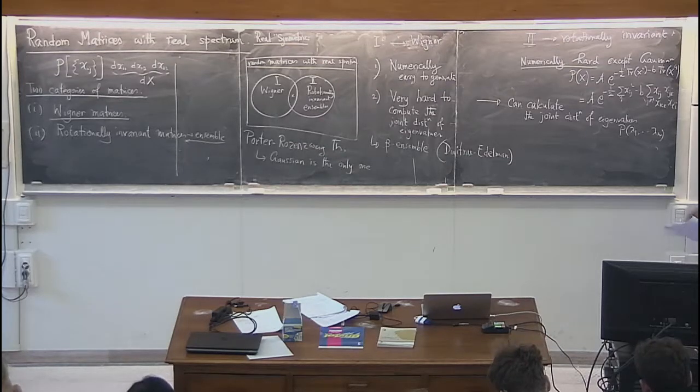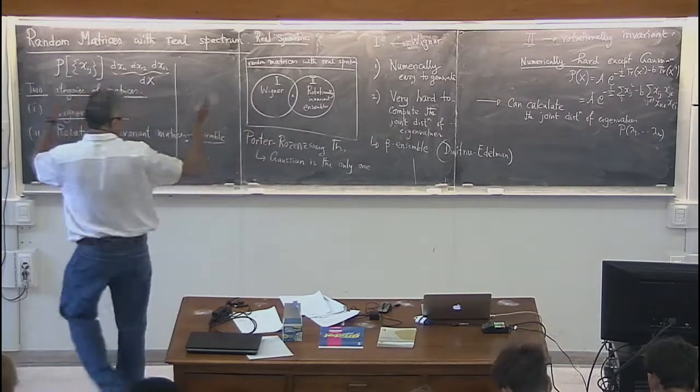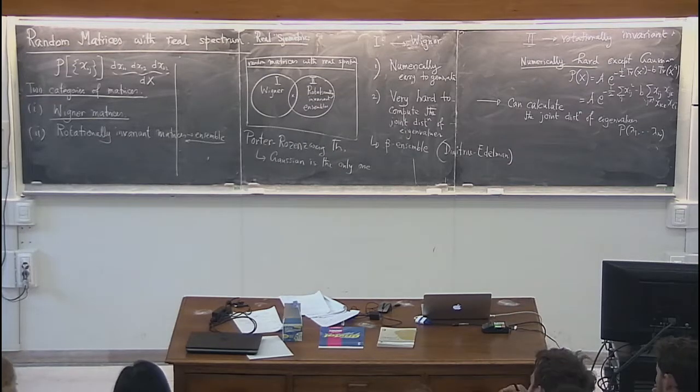And so, just to summarize what we have done today: in the first half, I gave an introduction to RMT, and I told you that it originally appeared in the statistics literature, and then how Wigner used it in nuclear physics, and why it is still important, and why there are so many applications. I talked about quantum chaos. I talked briefly about the zeta function, but you will hear more from Giuseppe's talk later. And in the second half, I introduced the basics of how to choose a random matrix ensemble. Okay, and